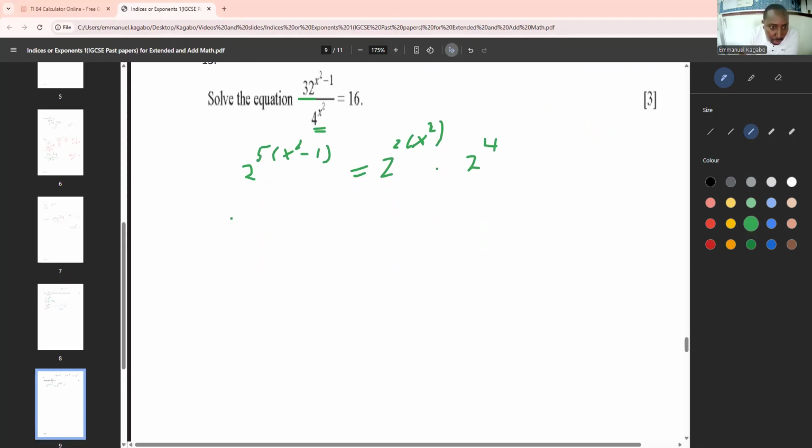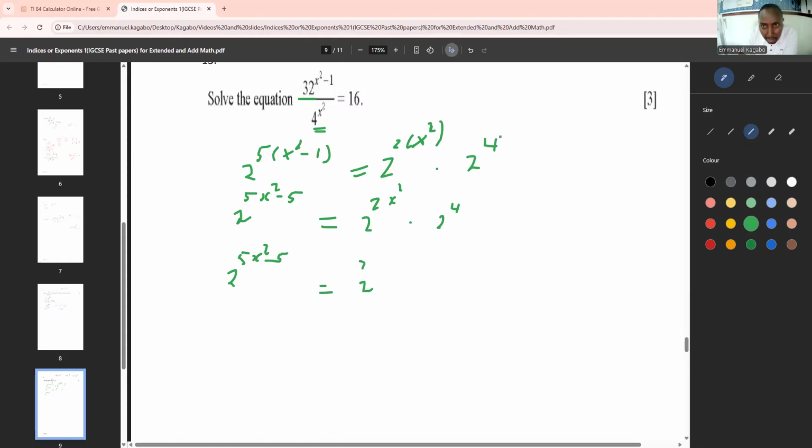Now here it is 2 power 5x squared minus 5 equals 2 power 2x squared times 2 power 4. What do I get here now? This is 2 power 5x squared, right? Minus 5, okay, equals